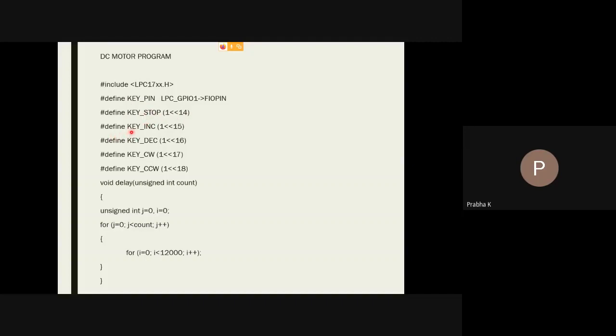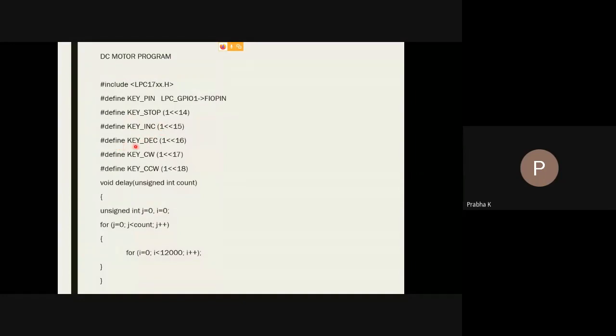Then another key, key_INC. Which key? Port number 1, 15th pin, which is designated to the second key on your board. So the key is connected to port 1, 15th pin. So I'm designating that as a key for the increment operation. That's why I'm labeling it as key_INC.